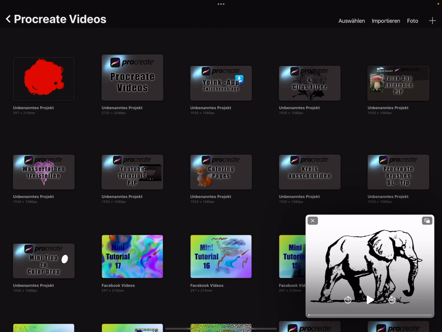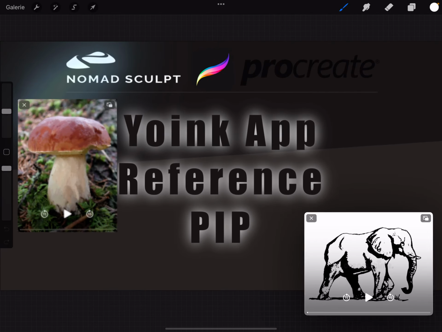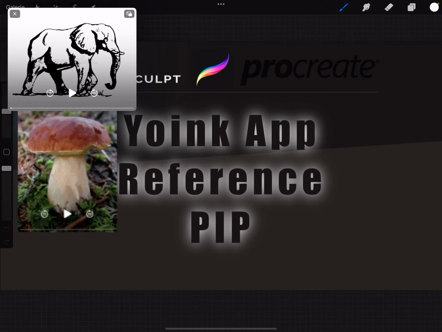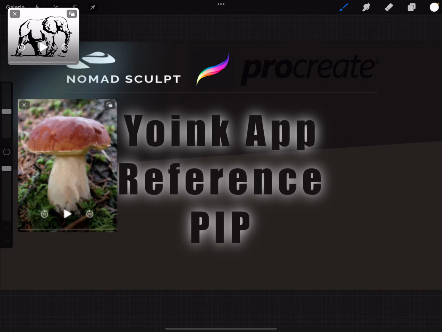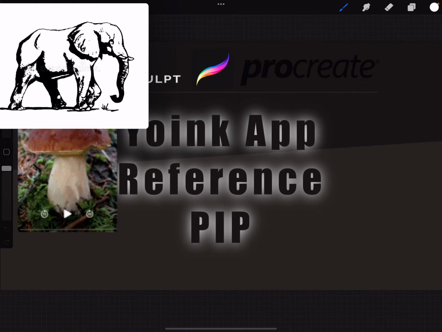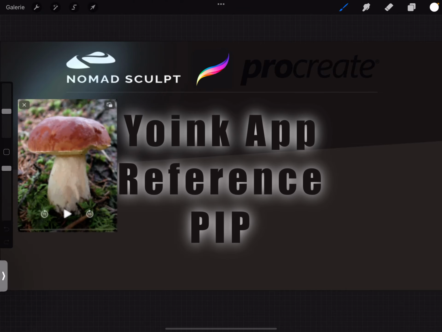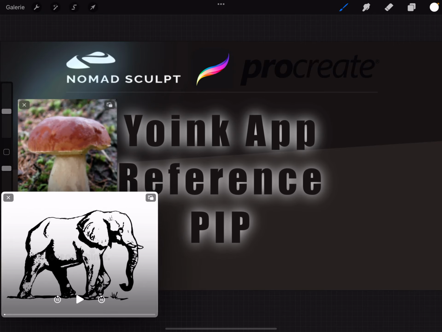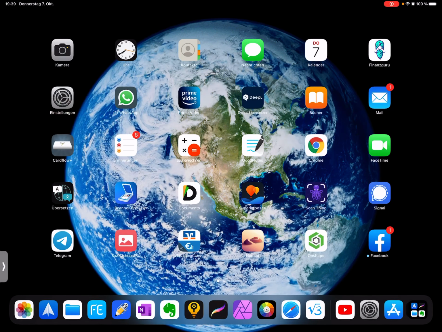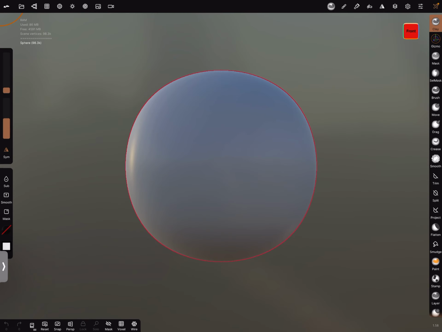When you use Procreate or something, the picture stays in place, and you can shrink it or bring it to the corners, and you can swipe it outside. And it works also when you use Nomad Sculpt.